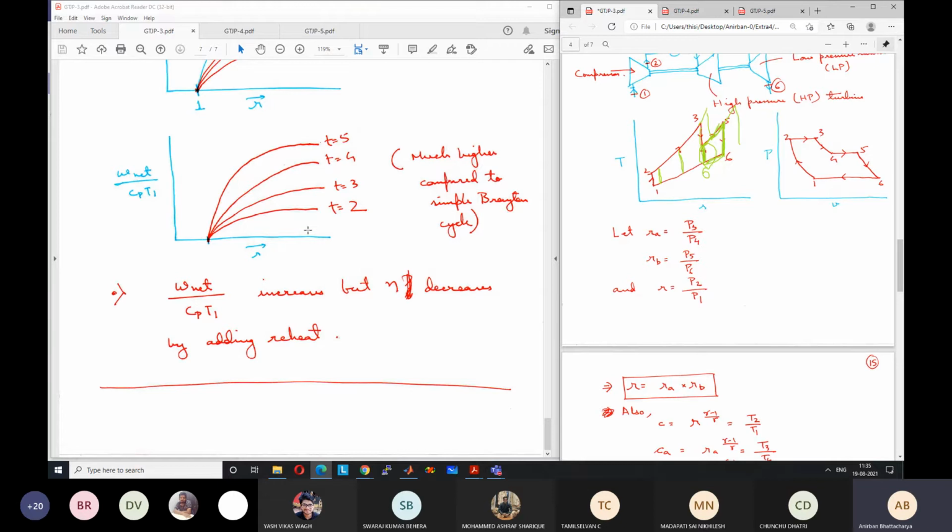So these are fine if these are land-based gas turbines, like industrial gas turbines. But for aerospace engines, like for example jet engines, any additional weight is very detrimental. So we do not want any additional weight, because we have to carry that weight. So for jet engines, these are not practical. Jet engines are all designed on the simple Brayton cycle, or modifications of the simple Brayton cycle. These are more for industrial gas turbines, where weight is not a significant issue.